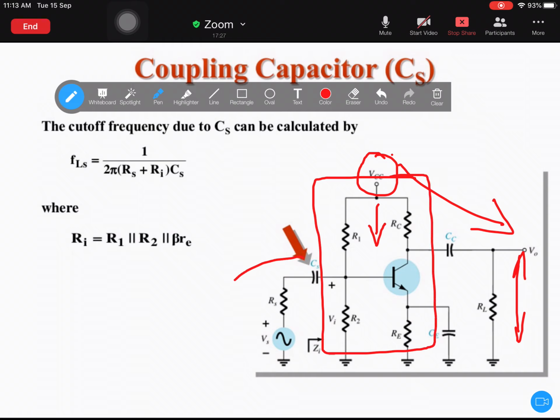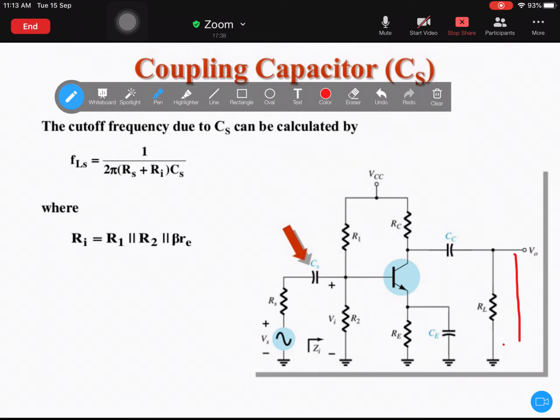Okay, this is the input side, this is the output side. In the input side and output side, it should not provide any current flow. So if there is a short circuit, there is a danger that this VCC will provide a current flow to the output side. For example, if a person is touching a wire at the output side, he might receive a shock if this voltage is very high. If it is a small voltage, still a small amount of current will flow to the person, which is not at all desirable.